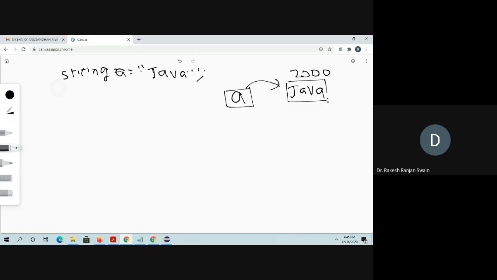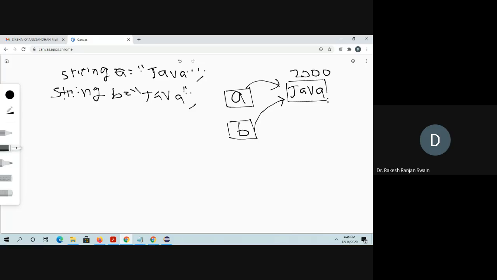Similarly, whenever you create another string B equal to Java, B will be referred to the same memory location.